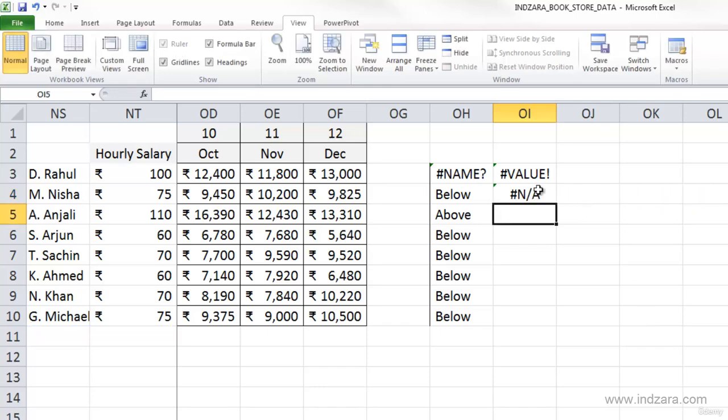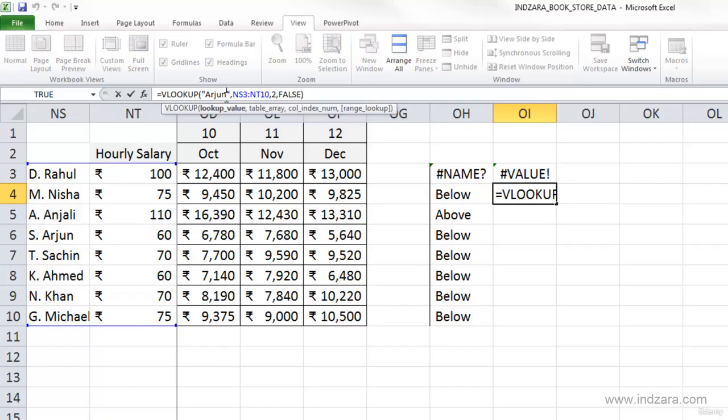Now I get an error which is NA, and this says a value is not available to the formula. Why this is happening is that Excel is trying to find the name Arjun in this column, and it actually came across s.Arjun, but that's not the exact match for Arjun. So Excel could not find this exact name anywhere in this set of cells,